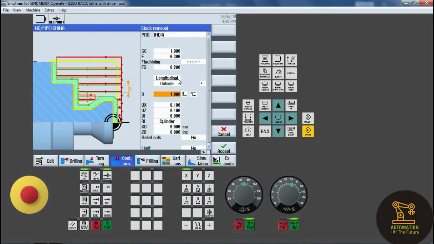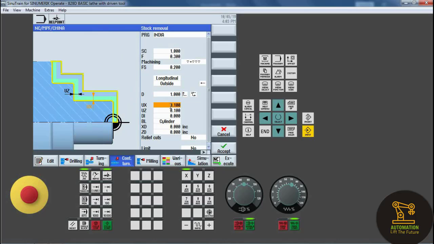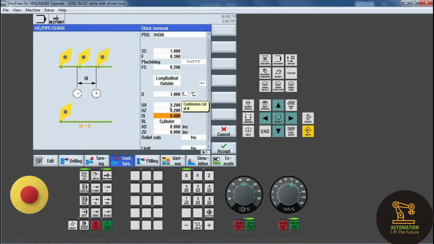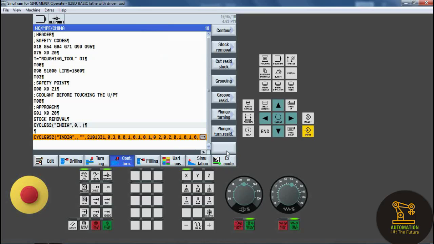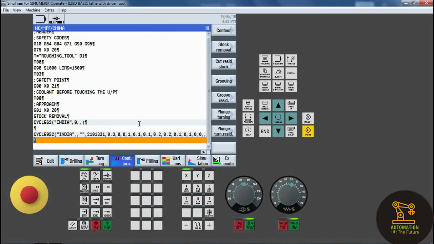OD stock removal means outside material is removed, so we keep outside. And UX is the finishing allowance, that is 0.2, and UZ is also a finishing allowance, also 0.2. So XZ and ZD are not considered, so click accept.